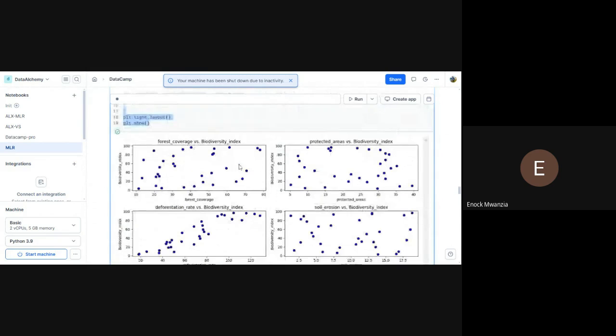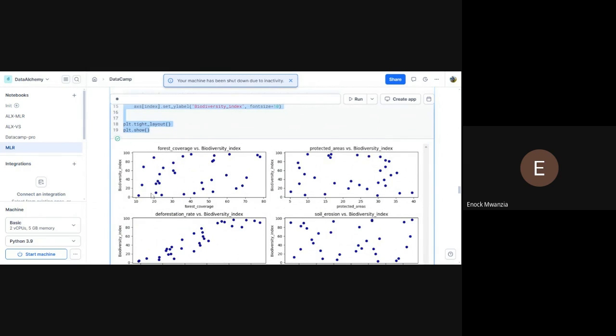How many variables here have a linear relationship? For the first one, forest coverage, there is no linear relationship. If we draw a straight line, it does not visually display a relationship. Protected areas versus biodiversity: still, there is no